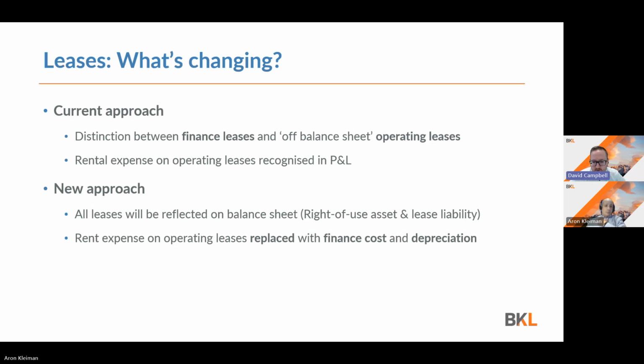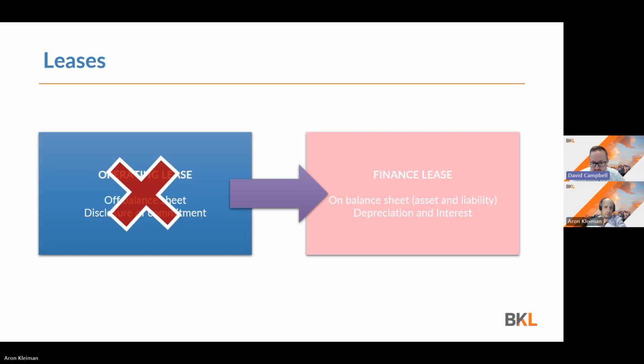That comes from the on-balance sheet model, where we're recognising a lease liability at the present value of future cash flows, discounted either at the incremental borrowing rate or the obtainable borrowing rate, and then a corresponding right of use asset on the balance sheet, which is depreciated over the term of the lease. It is worth noting that those changes will primarily impact lessees rather than lessors, but it will mean that balance sheets of companies will look quite different.